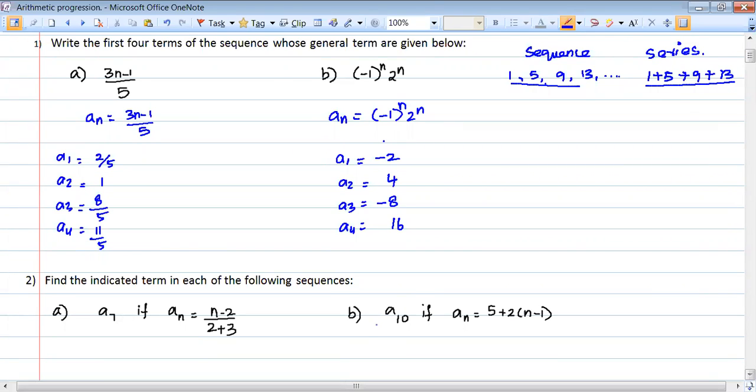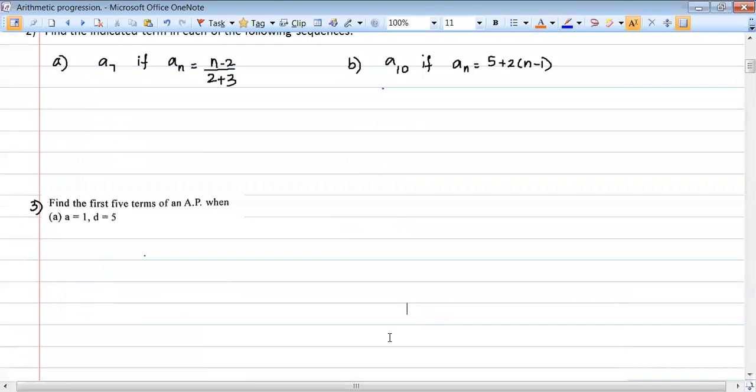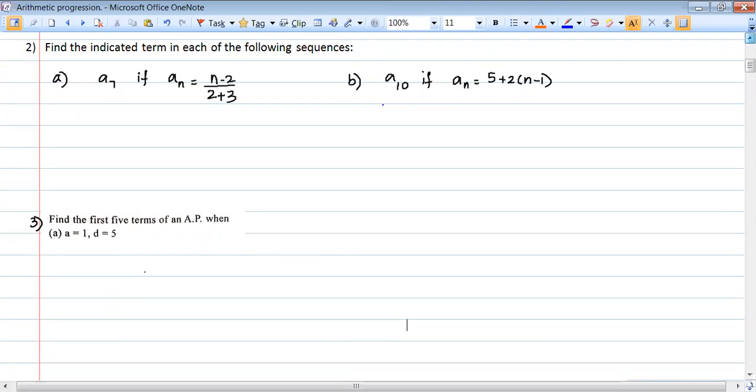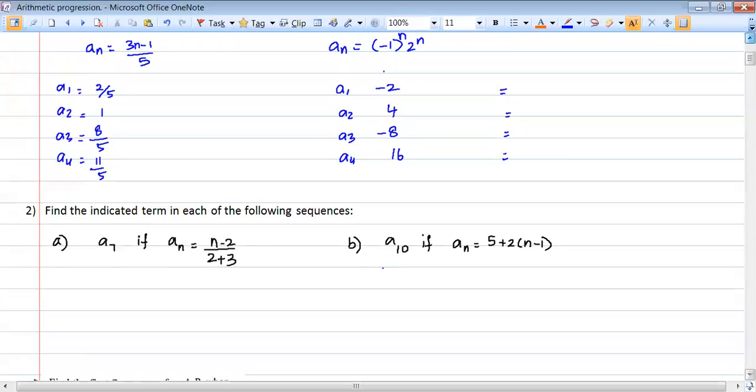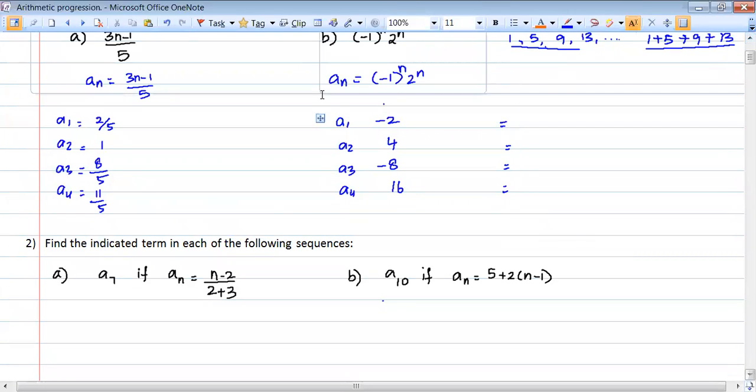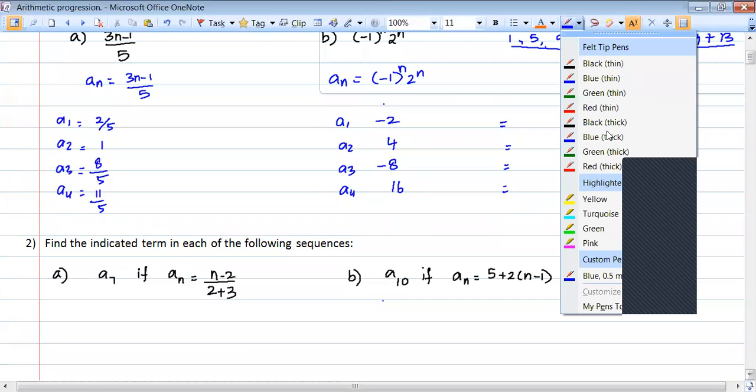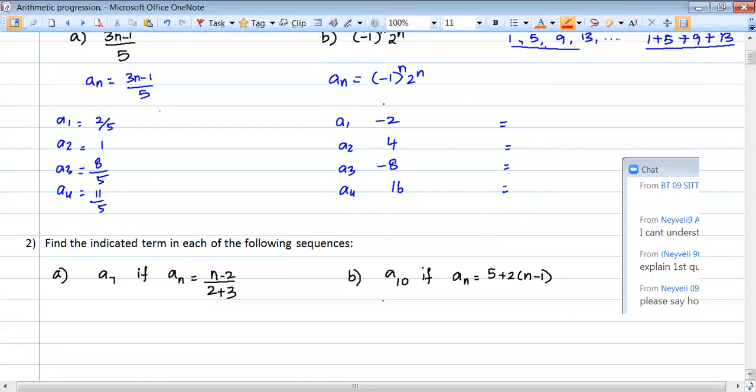Hope everyone understood how you got the answer for the first question. If anybody is not able to understand, please let me know. I will discuss, or else I will move to the second question. Okay, so this is question number 2. Everyone start to do question number 2. This is a very simple question. Even a pre-KG student will do it.